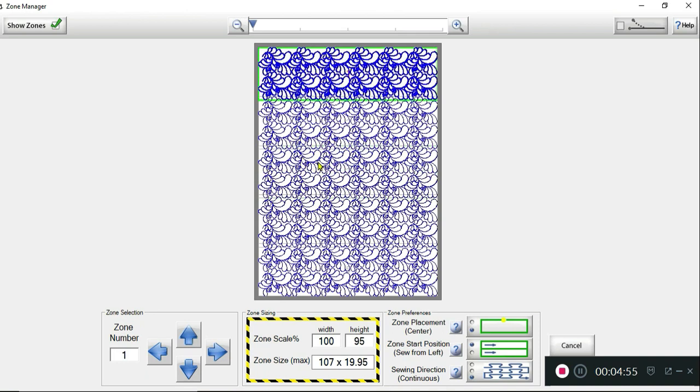And when you need to resume at a zone further down, if you've been quilting on a previous day, then you would want to come into Zone Manager and select the zone that you need to begin with. Now, if you were to